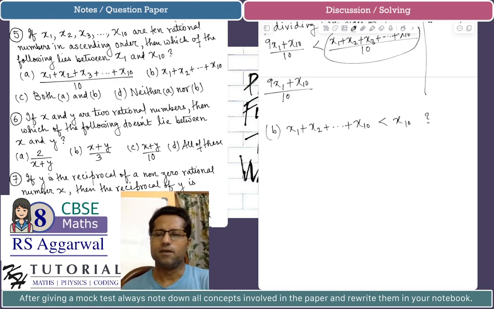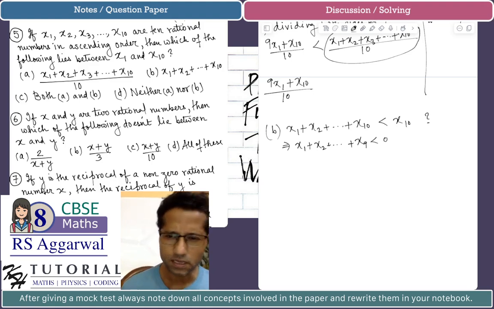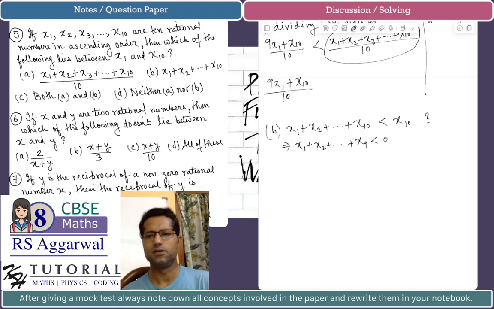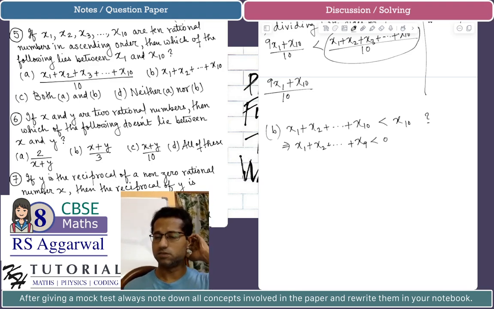If this is true, we can cancel x10 from both sides, and it will imply that x1 plus x2 up to x9 is less than 0. So some of them will be positive and some of them will be negative. It can be, but